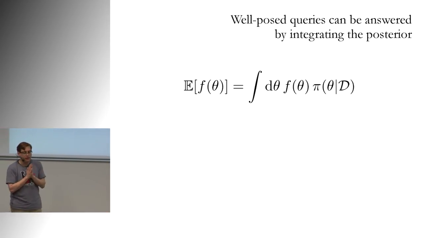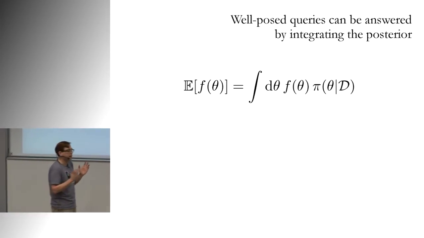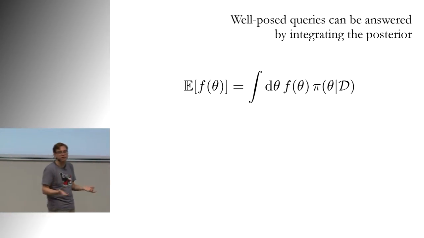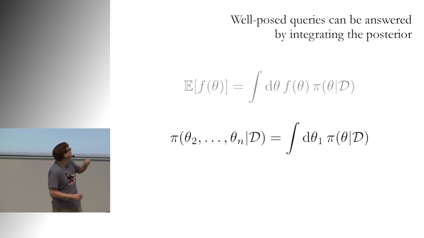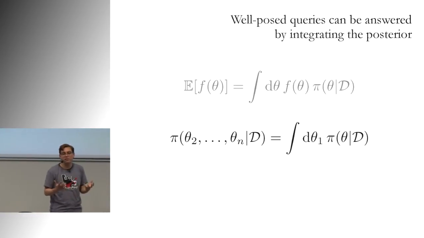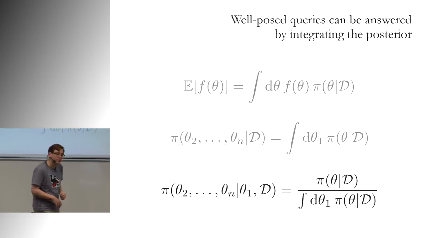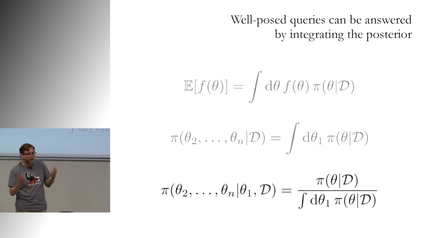Expectations are basically everything we can do. You may or may not realize it, but everything statistically is an expectation. Summary statistics, means, variances, medians can be framed in terms of expectations. Marginalization, which is perhaps the most important thing you can do in high-dimensional systems, is one of the most important tools we have available to us, since any kind of big system gets solved by marginalization. Conditionals: if you want to compute a conditional, you have to compute a marginal, which requires computing expectations. So all of the statistical questions that we're used to dealing with